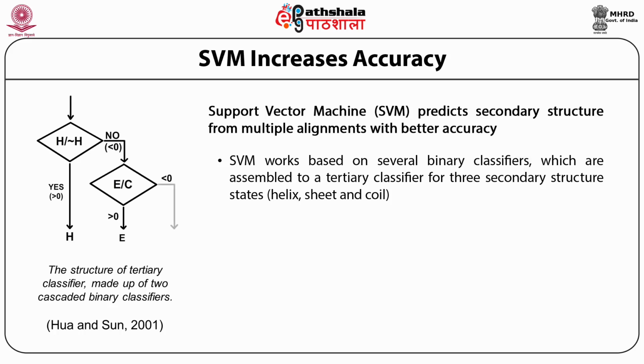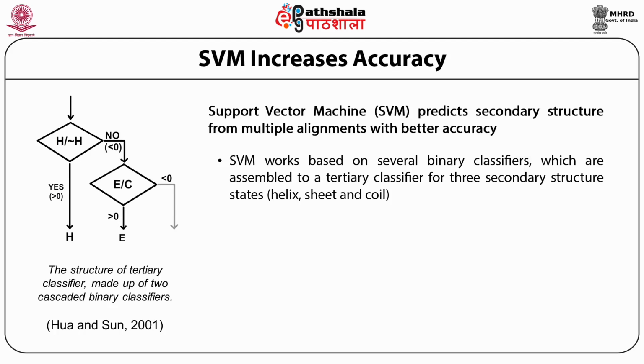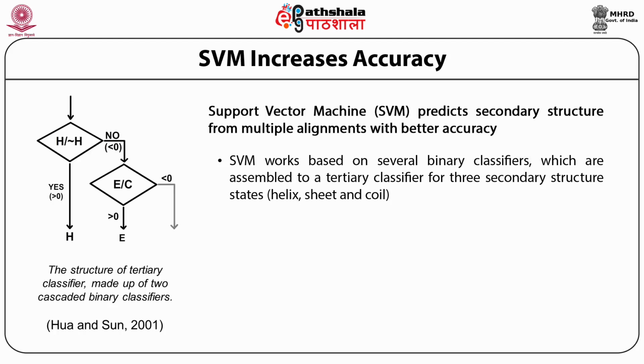For example, the sample will be classified as helix if the output of the first binary classifier labeled as H or intended to be H is larger than 0. Otherwise, the second classifier labeled as E or C will be used. If the output of E or C is larger than 0, then the sample will be classified as sheet, otherwise coil will be assigned. The SVM method achieves a good performance of segment overlap accuracy 76.2% with the Q3 score of